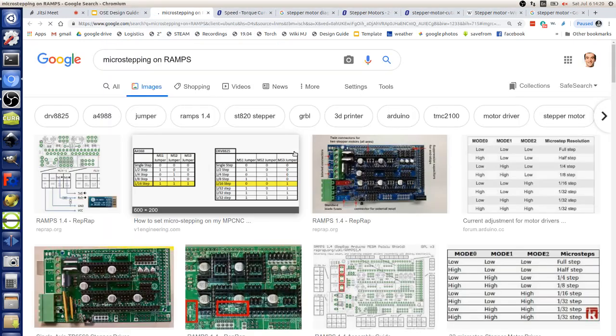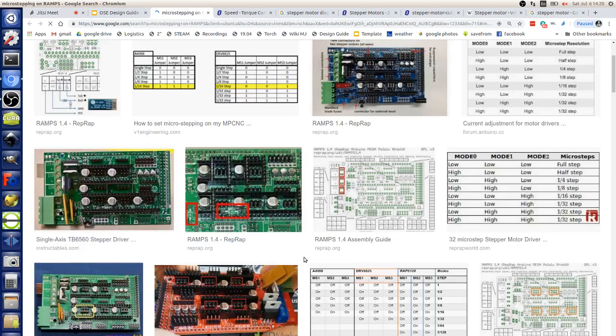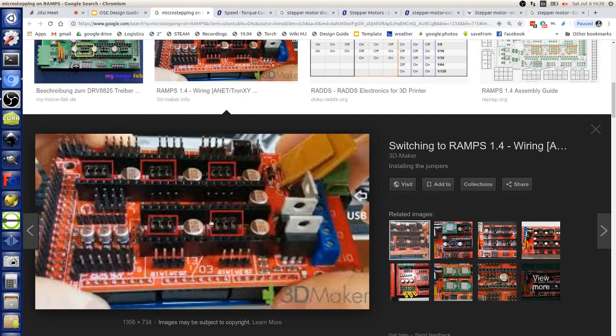On RAMPS, we implement micro-stepping. The very practical thing is, you see this is a RAMPS board, and on RAMPS you implement the micro-stepping by putting in jumpers. So it's either 1, 2, or 3 jumpers that correspond to half, quarter, eighth, and 16th micro-stepping, depending on which jumpers you put in. In our case here, we use all 3 jumpers, and it gets us 16x micro-stepping, which is the limit of the RAMPS board. So the stepper driver, what it's doing, it's creating a set of pulses